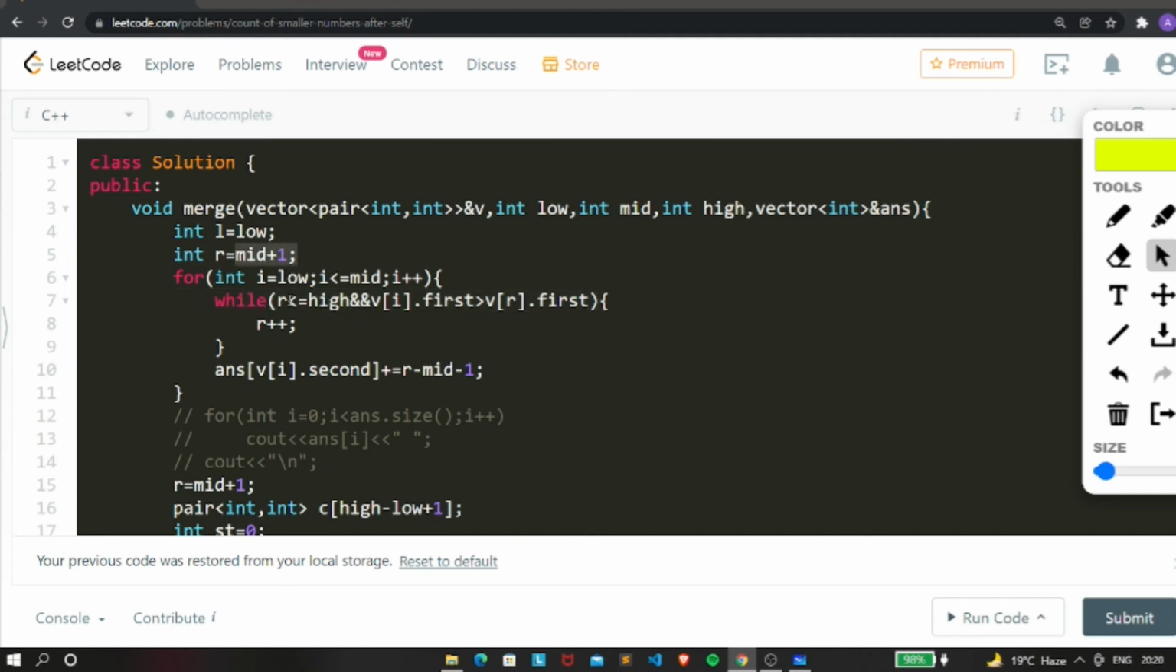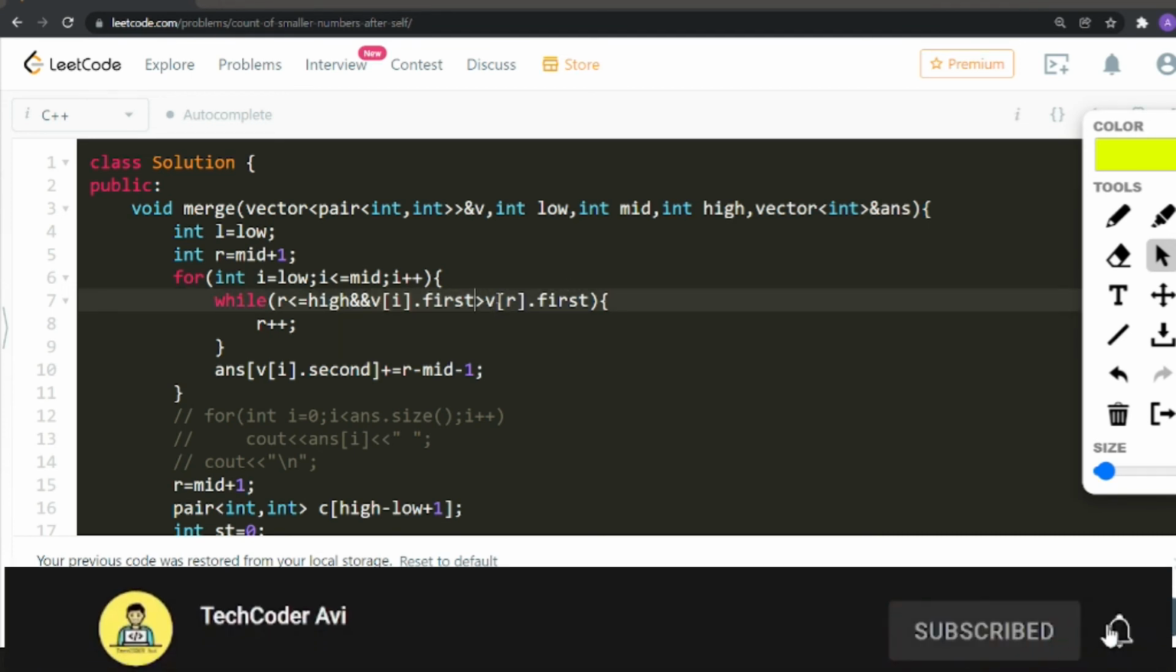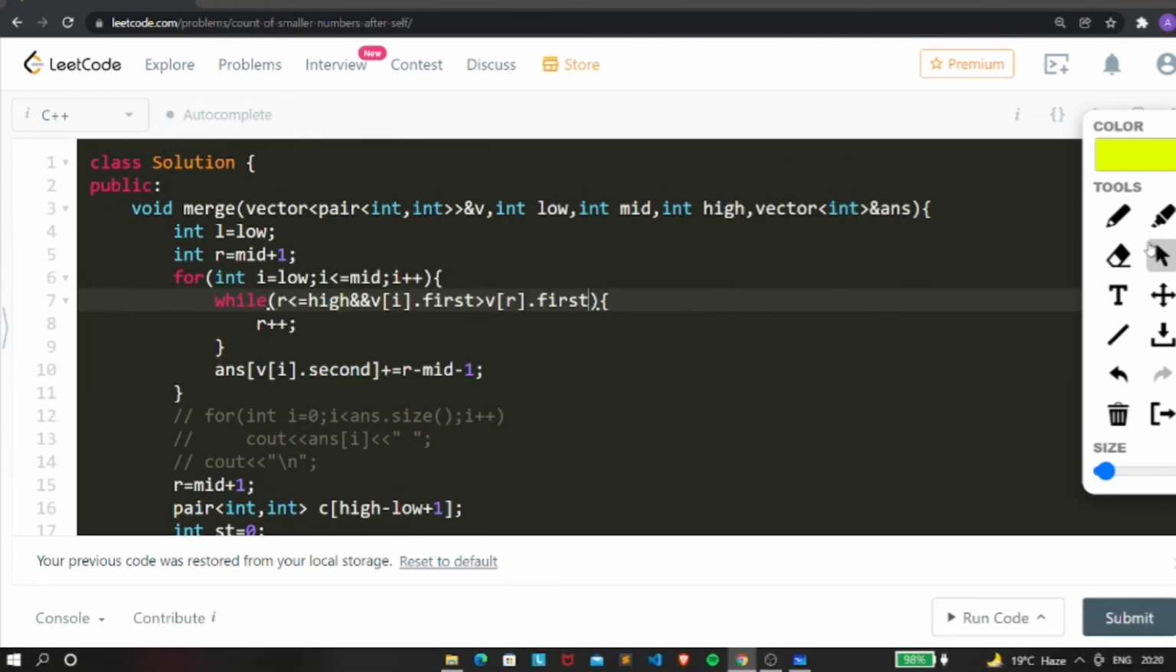Okay, now if these two conditions are satisfied, so if our R is less than or equal to high, and as I've already discussed, v of I of first is nothing but the element. Okay, now if you consider this example,